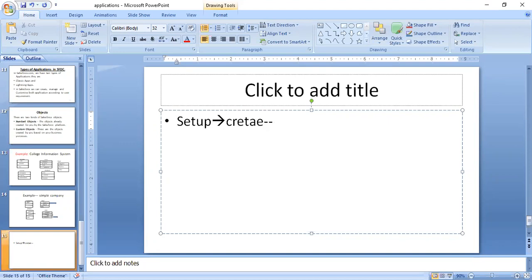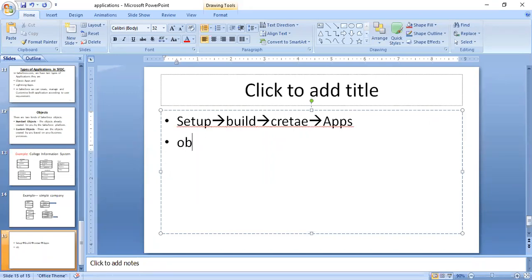In the left-hand navigator you have the Create option. Where is Create? Under the Build option, and then Create. After creating Apps, that is the creation of an application.